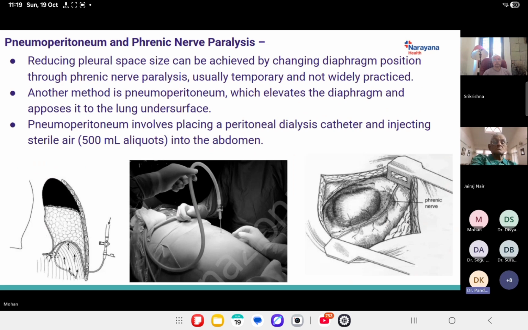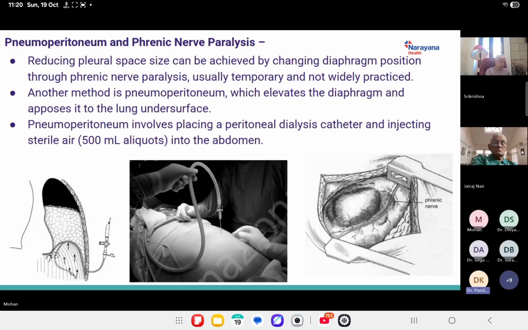Next one is pneumoperitoneum and phrenic nerve paralysis. Reducing the pleural space size can be achieved by changing the diaphragm position, either by phrenic nerve paralysis, used usually temporarily and not widely practiced, or another method is creating a pneumoperitoneum, which elevates the diaphragm and opposes it to the